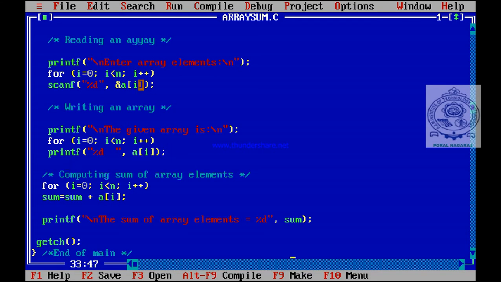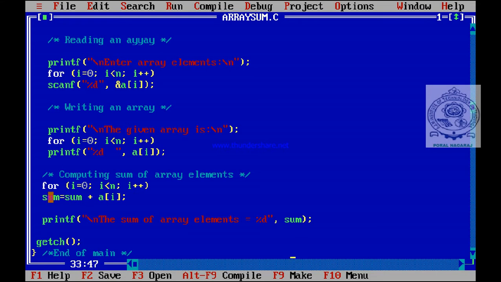Once you read the elements and print the elements, all the elements must be added one by one to sum. So once again we have to take a for loop. For all the elements, first, second, third element, we have to do the same operation repeatedly. That's why we take a for loop here. All the elements we have to read one by one, print one by one, and add one by one. So for loop, 5 times. N value is 5 means 5 times, n value is 6 means 6 times, like that.